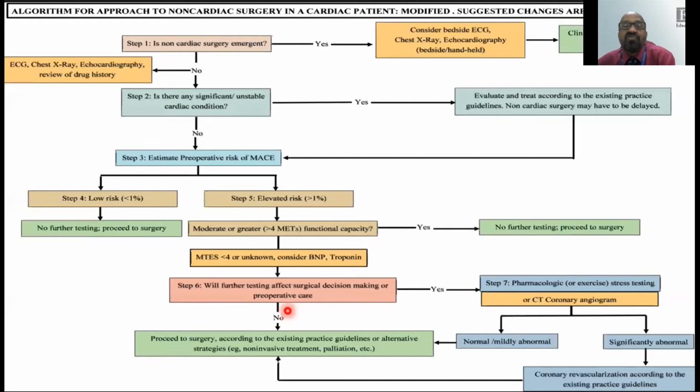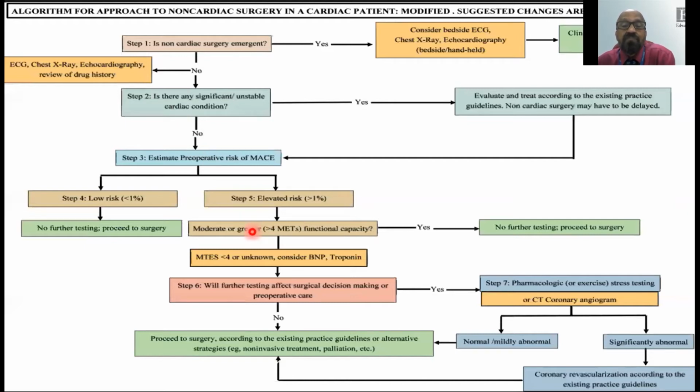And hence we have recommended that for patients undergoing non-cardiac surgery, the following investigations must be included in the approach to non-cardiac surgery in a cardiac patient. For example, we suggested that ECG, chest X-ray, echocardiography must be included at these points. The ones which are marked in a bit of yellowish color were suggestions from the original